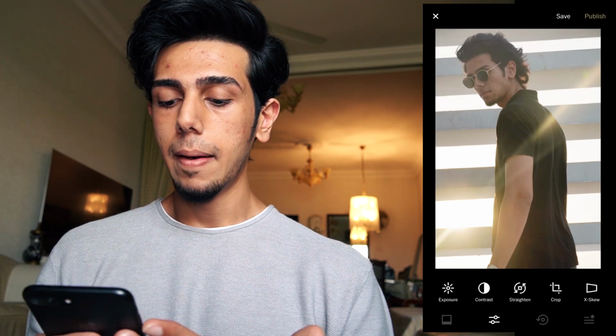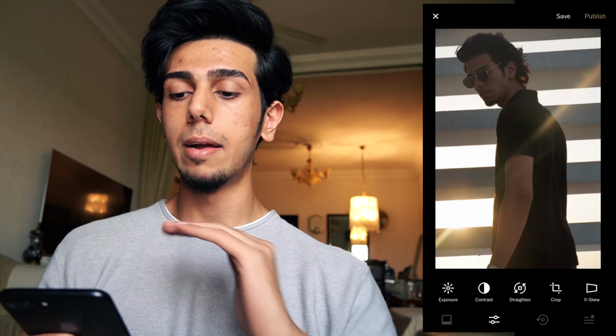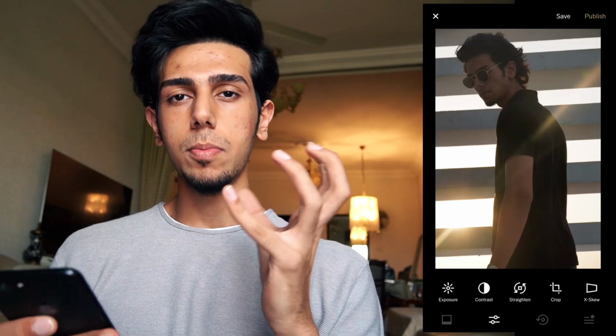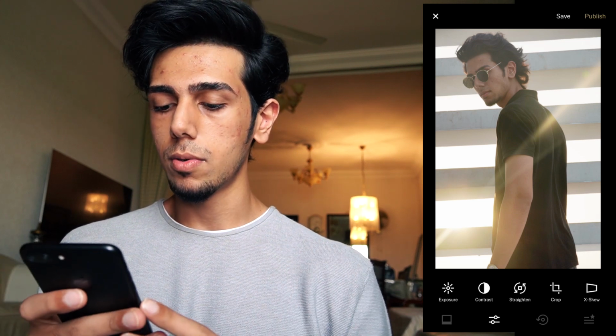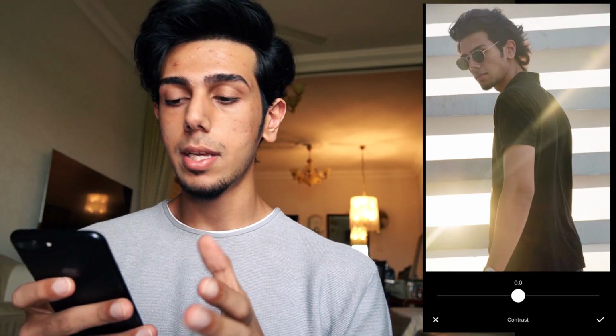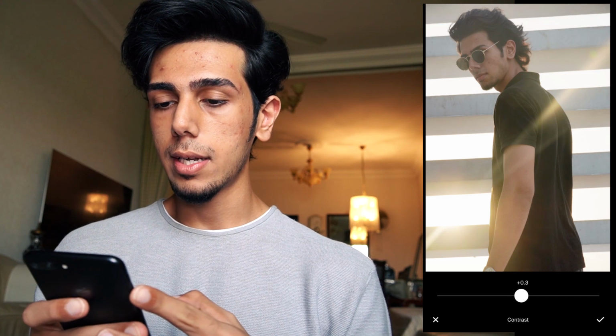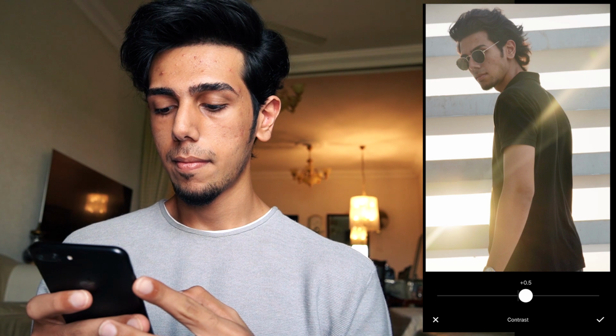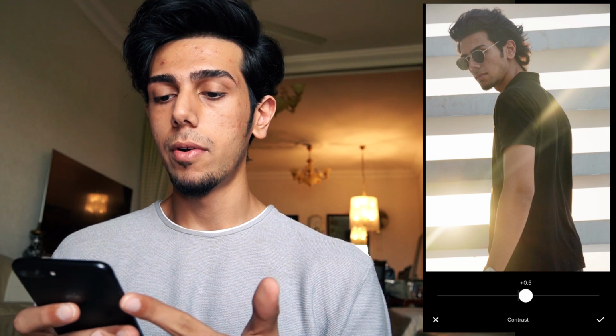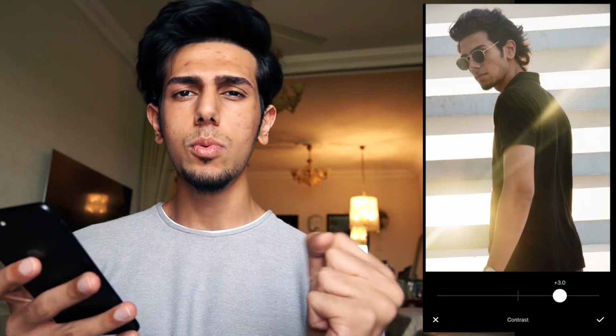Okay. Now what happens is that this photo has become much more brighter than what it was previously, but then it's too faded. I don't want the image to be very faded. I want it to be rich in the colors. So the next thing is contrast, a very basic term that all of us know. It provides more depth to the colors in the photo. So you're going to increase it and let's keep it about 2.5. I don't want to increase the contrast too much because the photo just becomes too